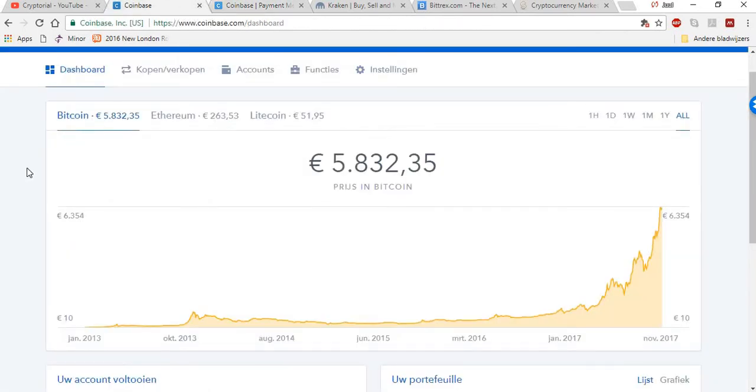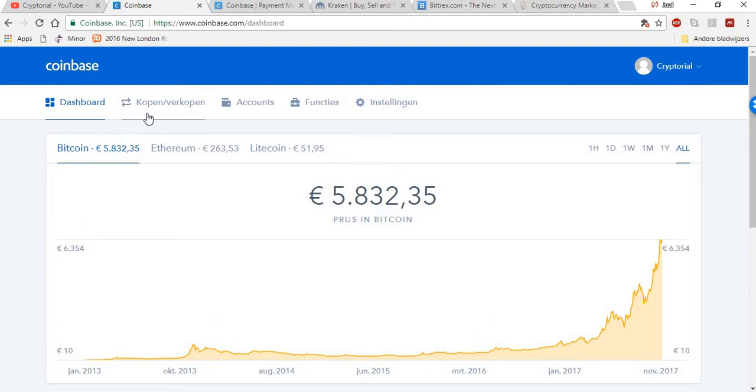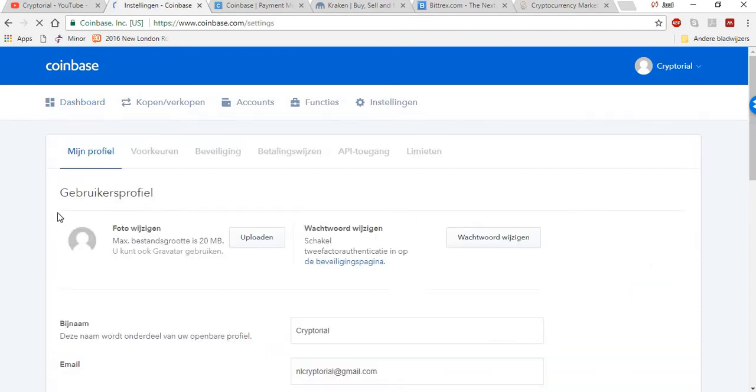Going back to the dashboard, you can see these buttons where you can buy or sell. You can look at your wallets, so you can see the amounts of money that you have, the functions and preferences. I want to have a look at preferences first, because that's one thing that's pretty important. So if you go to security,